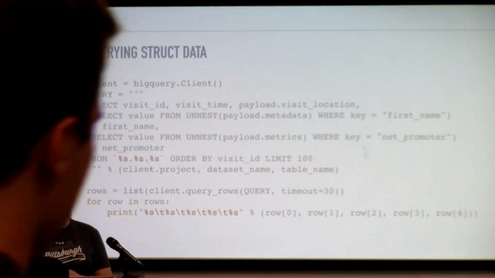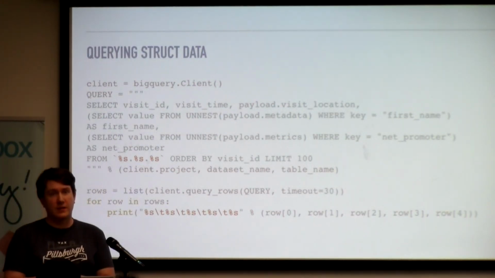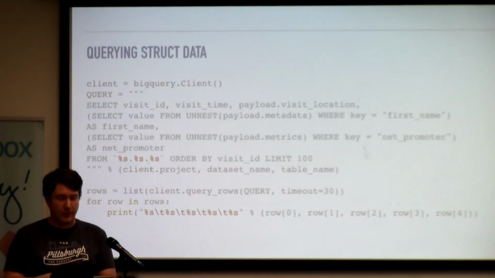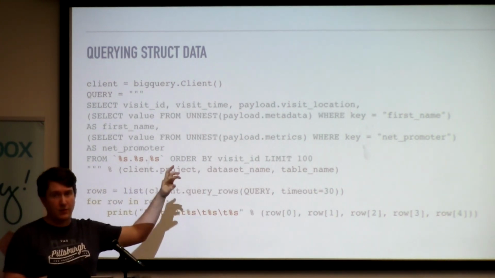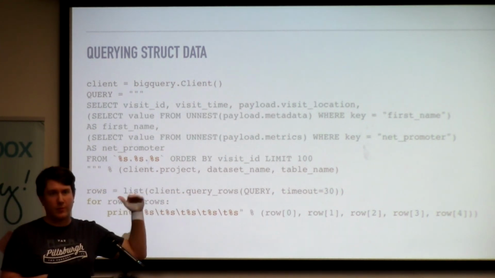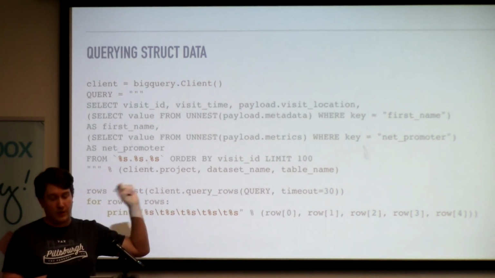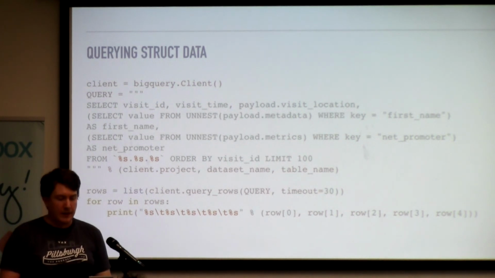Okay, so this is how we query it. We use subselects inside of our BigQuery SQL statement. So we select visit ID, visit time, visit location for nested stuff. But if we want something from that repeating table, we actually use a subselect. So we select a value from a nest where key is first name. And